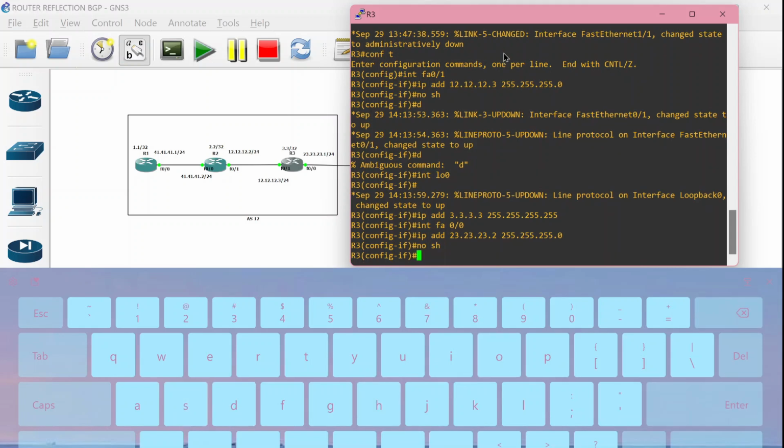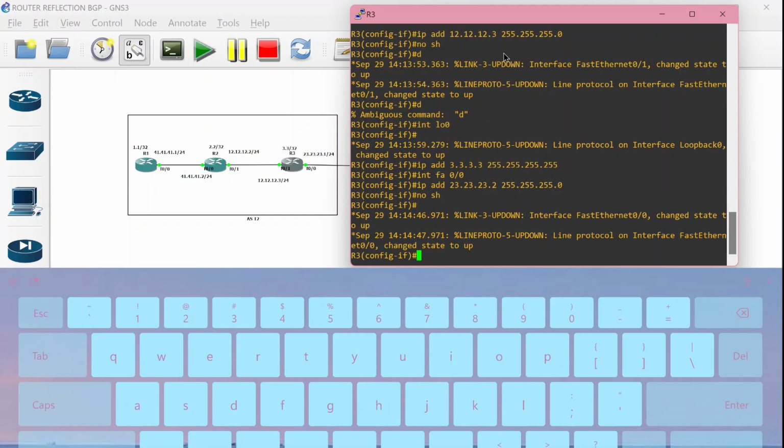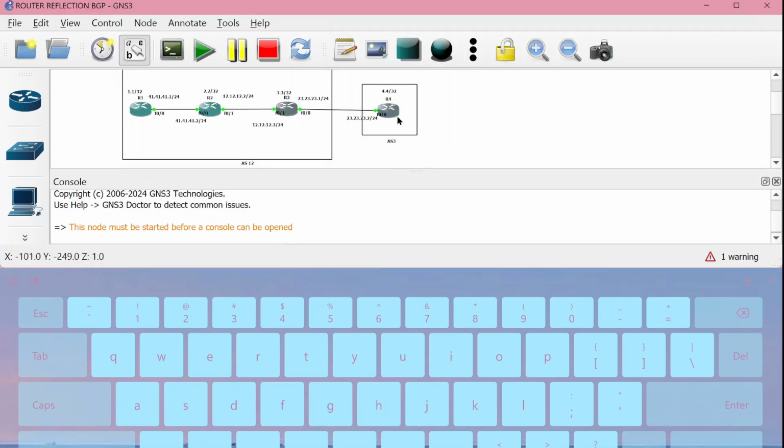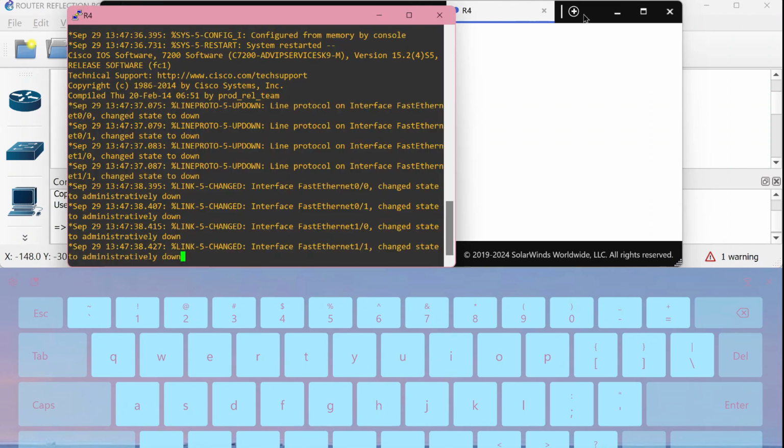Okay, change to router number 4. I want to make the configuration in router number 4. Okay guys, let's go. Minimize and click router number 4 for configuring this router.